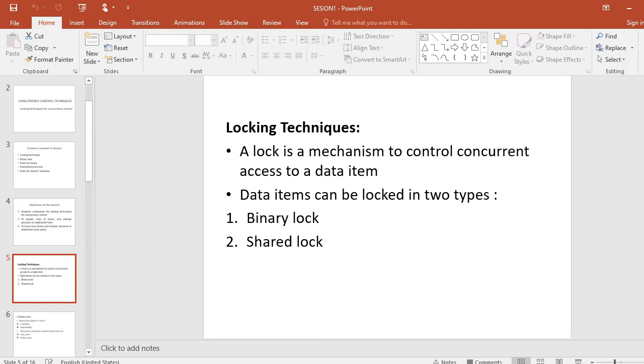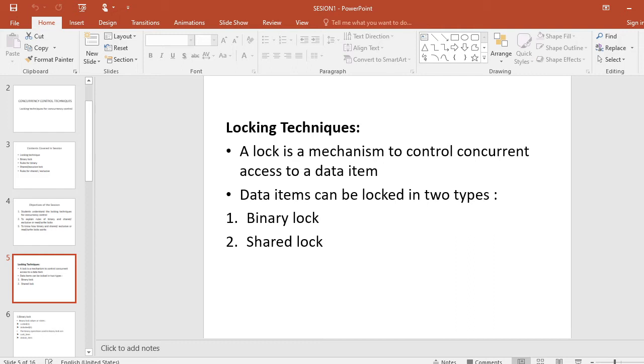In the locking technique, the concurrent execution of transactions can be controlled based on the concept of locking data items. A lock is a variable associated with a data item that describes the status of the item with respect to the possible operations that can be applied to it.